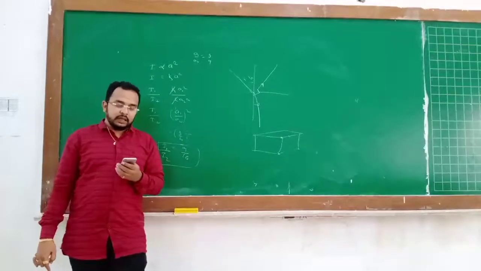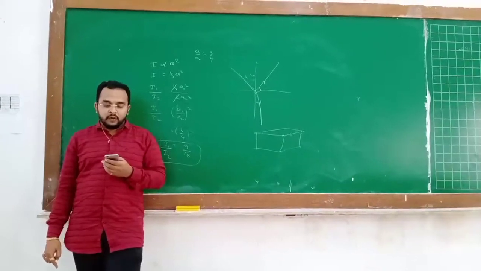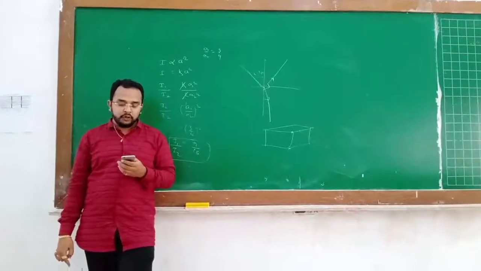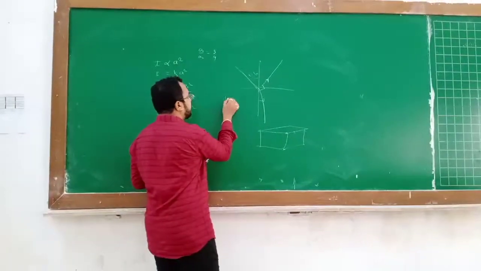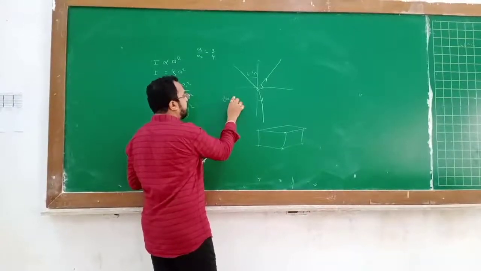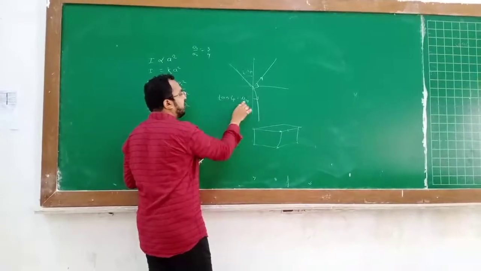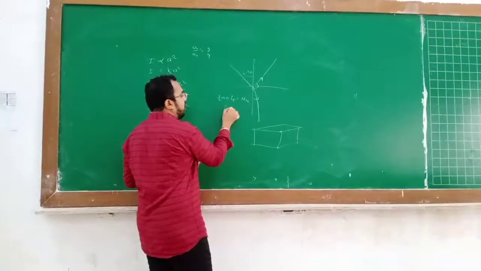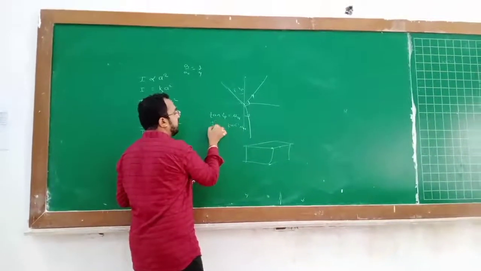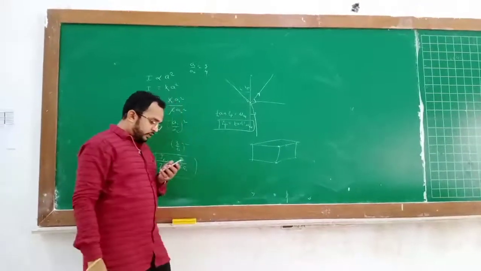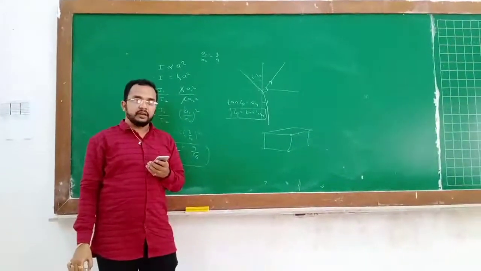Now the next question: the angle of incidence at which reflected light is totally polarized for reflection from air to glass. When polarization happens, we saw what Brewster's law is. In today's class we proved that tan of the angle of polarization is equal to the relative refractive index mu/1. Then the angle of polarization is tan inverse mu/1. This is your answer. So option D is correct. D for Delhi.